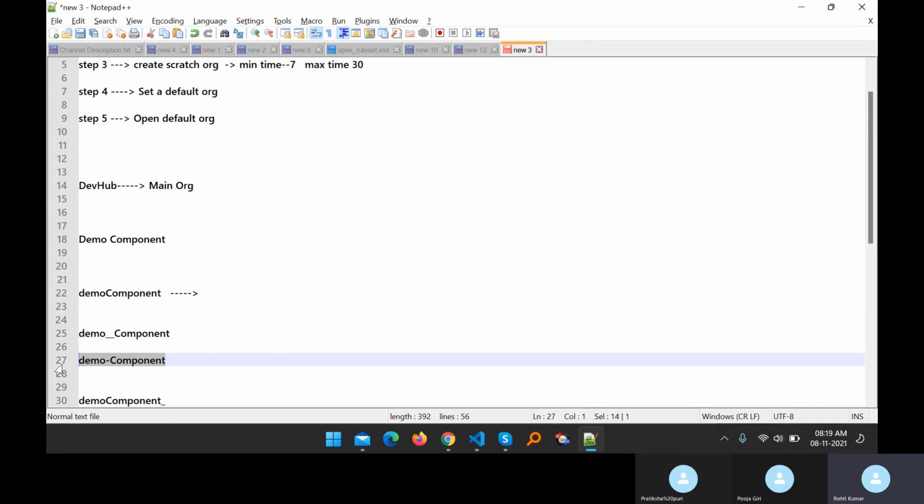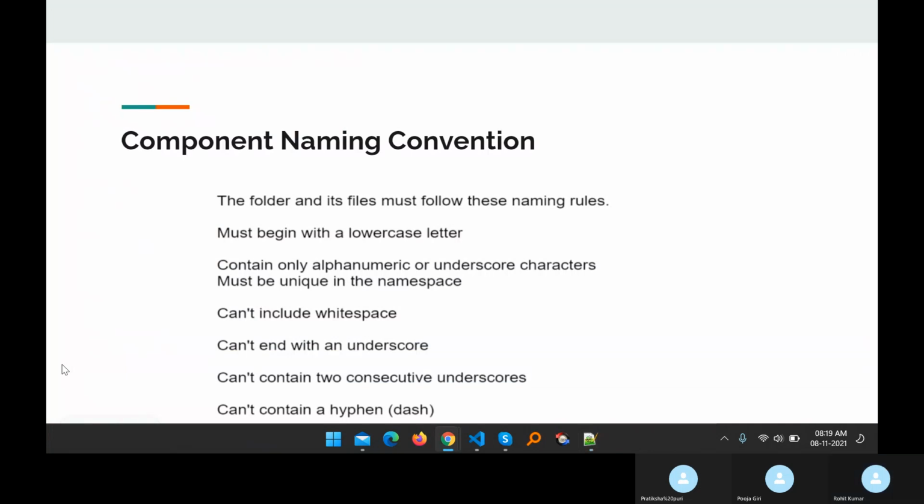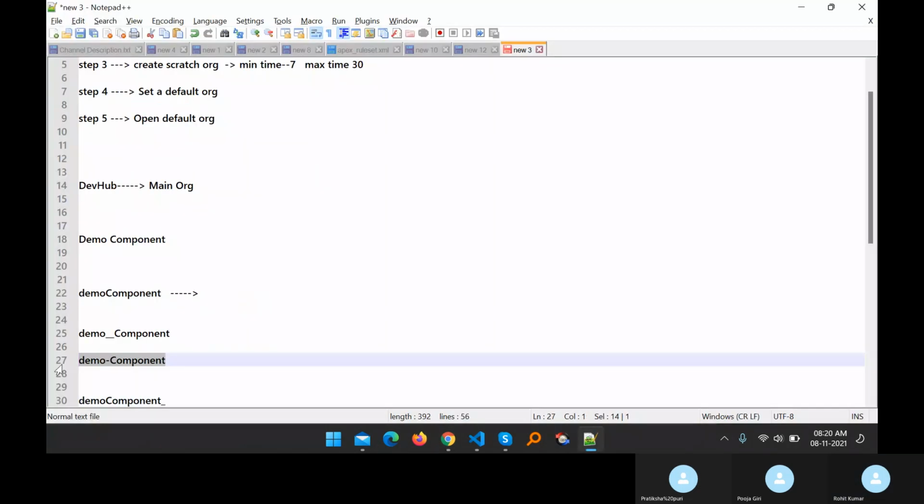So is it clear for you, the naming convention for all the component names, and why there is a specific name, camel case, for the LWC component? Always remember this one. Is it clear? Yes, sir, it's clear. Yes. So always follow camel case when creating any LWC component.